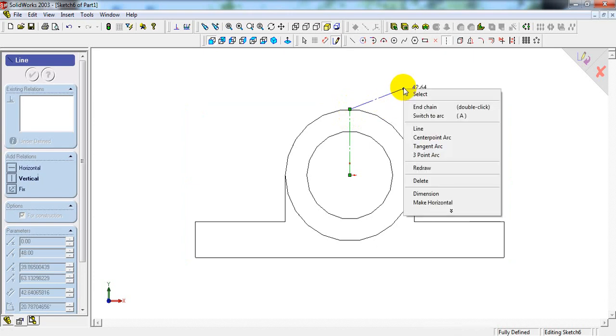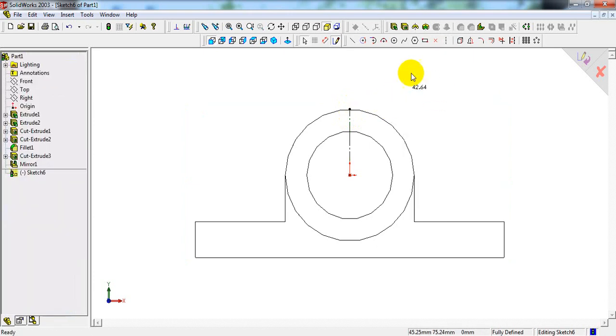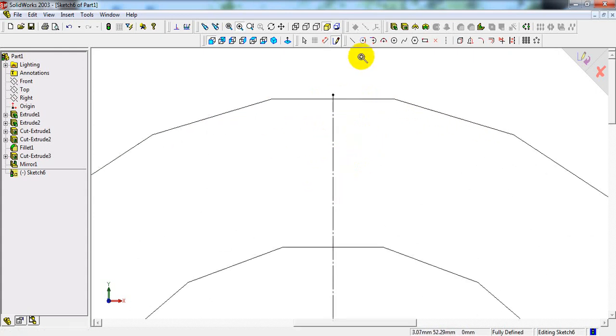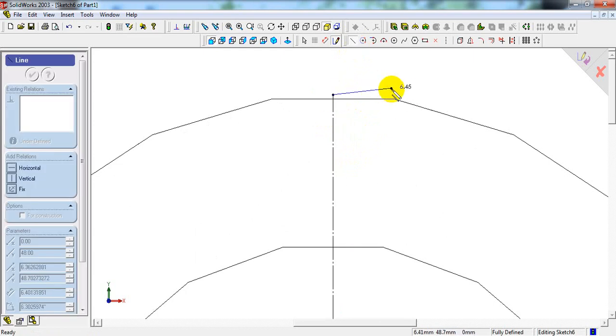Right click, select. Now select zoom to area command. Zoom only this area. Now take line command. From this top end point draw a horizontal line.